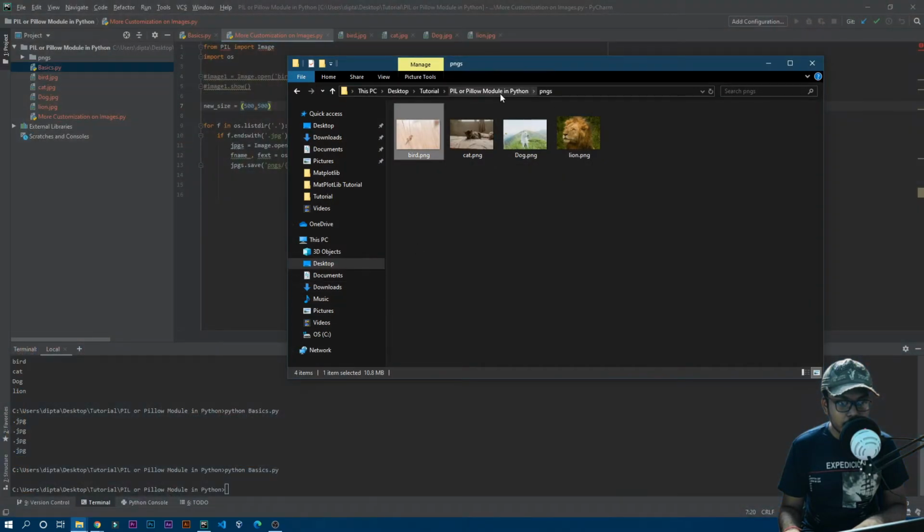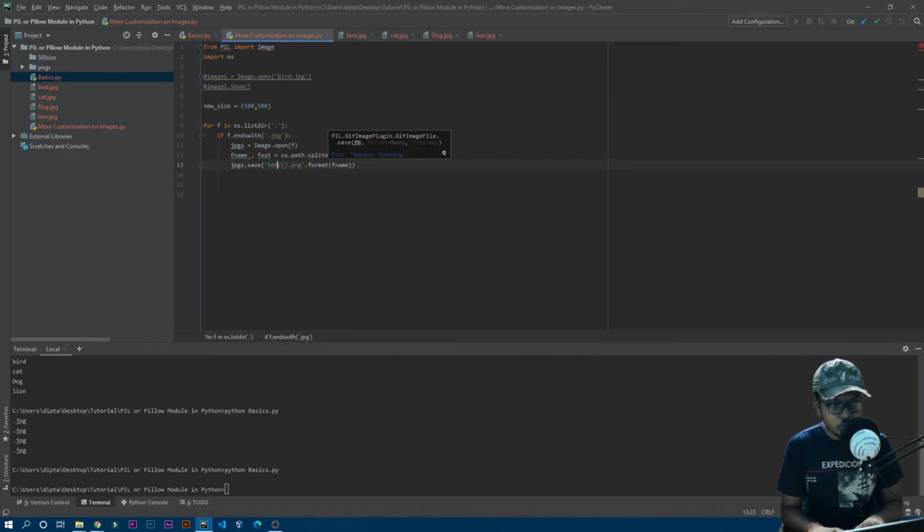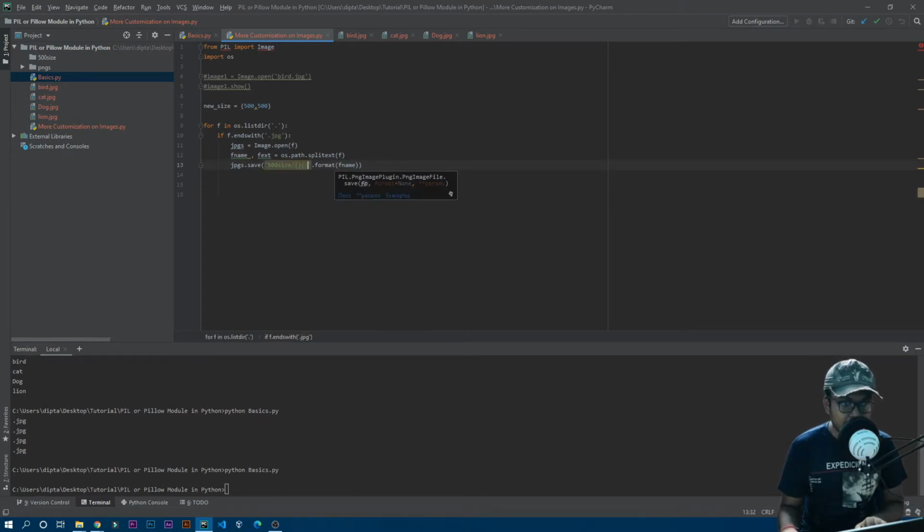make a new folder that should be like sizes or 500 size. Okay, so obviously I need to change it over here as well, so it should be 500 size. Okay, and I also don't want to put any kind of external extension, like we don't want to convert it into png format. We just only convert the file size, file dimension, right? So I'll just quickly change this .png extension with curly braces, and inside the format we will add the ext. Okay, so that means this is the file extension.